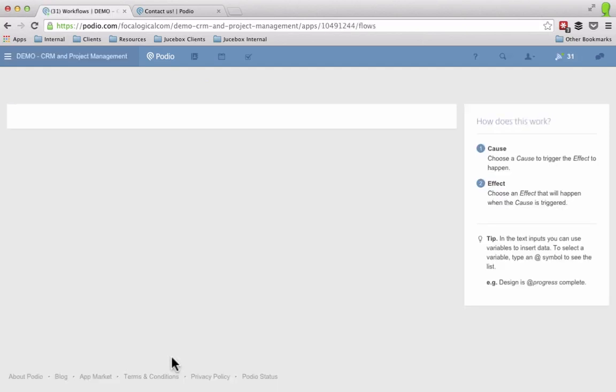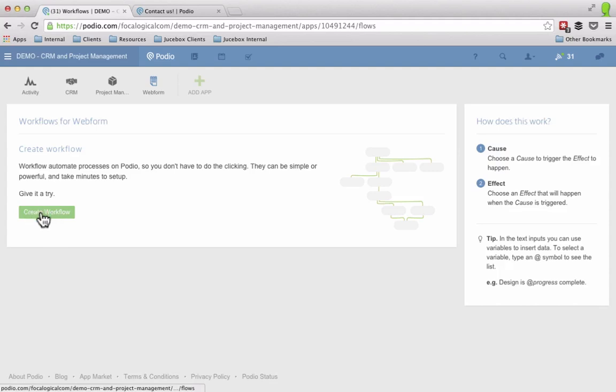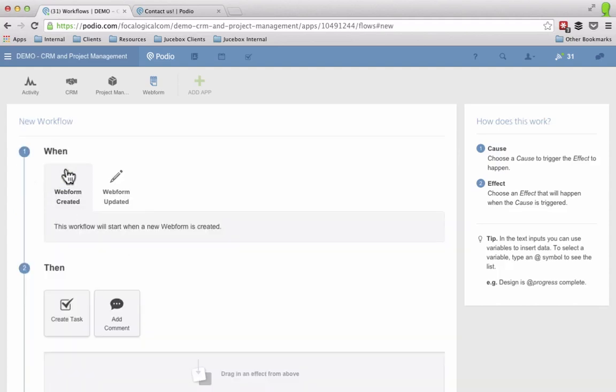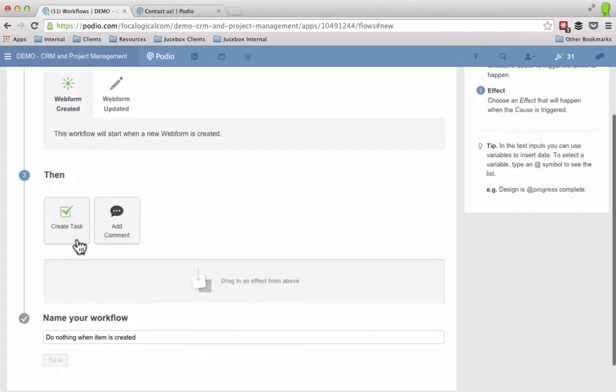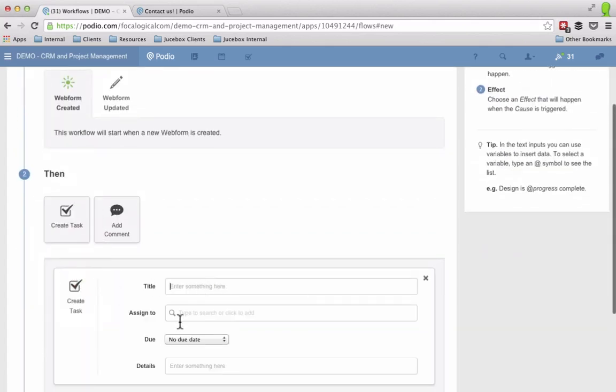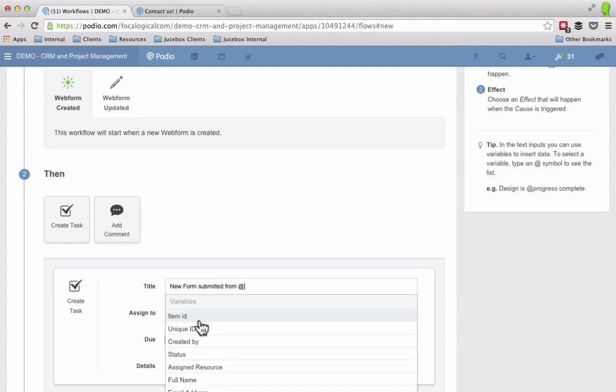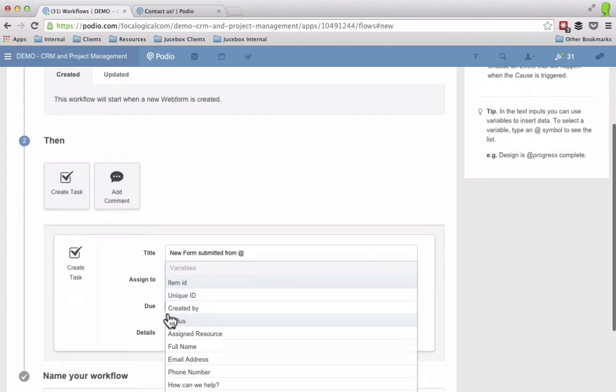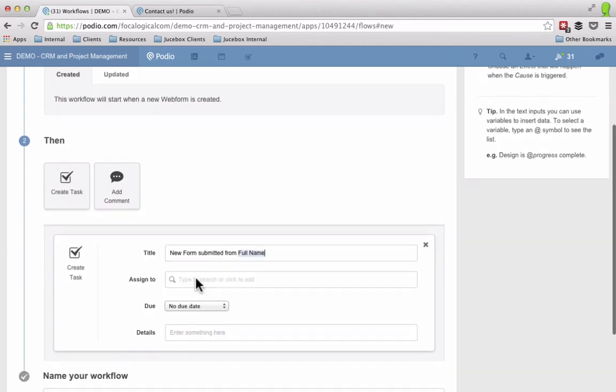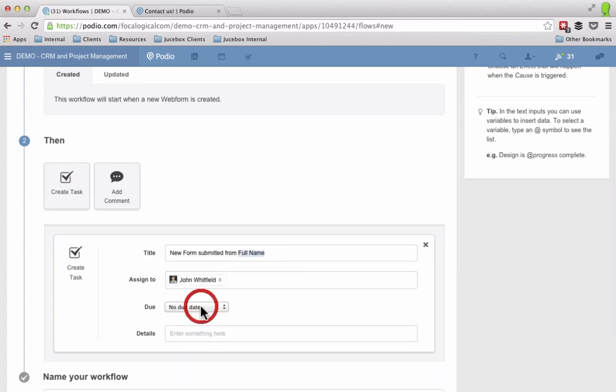These workflows Podio has built in, they're free, and what we're going to do is click create workflow. Basically when the web form is created, I'm going to create a task, and the title is going to be "new form submitted from", and here's the key: if you do the @ symbol, it gives you variables of the fields and other items that are in this app. So I can say "submitted from full name", I can assign this to myself or to another team member, whoever is going to deal with it, and I set the due date of